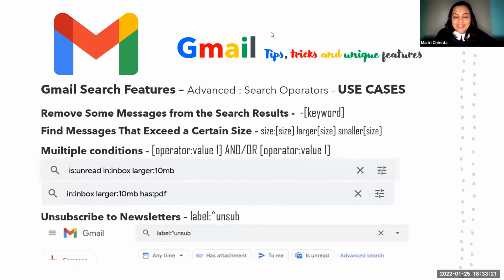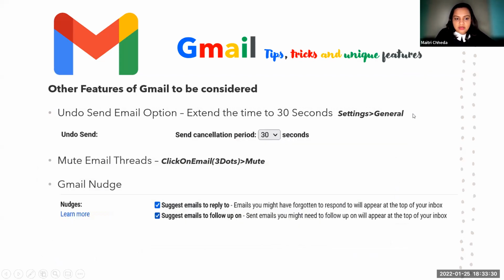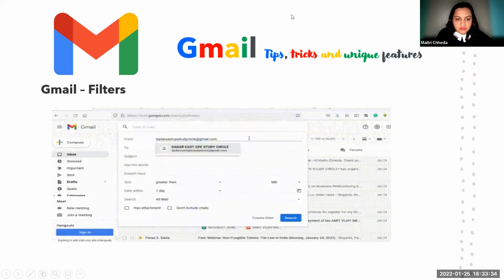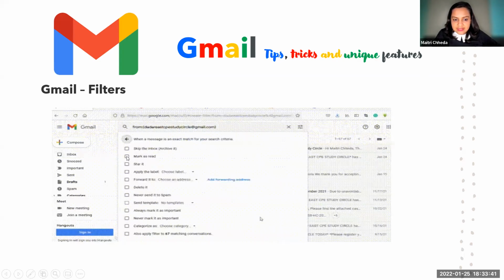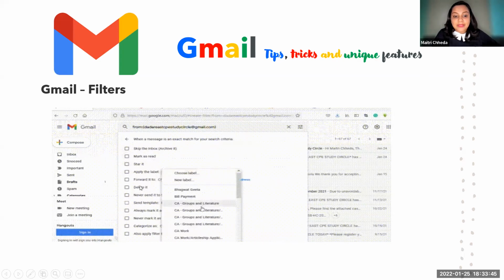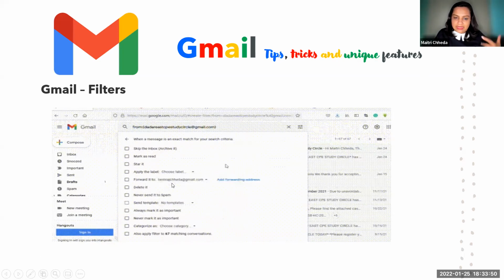You could automatically create filters, where any particular email you have received will go directly to delete. You have a filter option over here, where for any particular email from this particular email ID, you create a filter. And you say skip the inbox and delete it. It directly goes to delete, or maybe you create a folder to delete and everything goes there. You have a look and delete them, right?